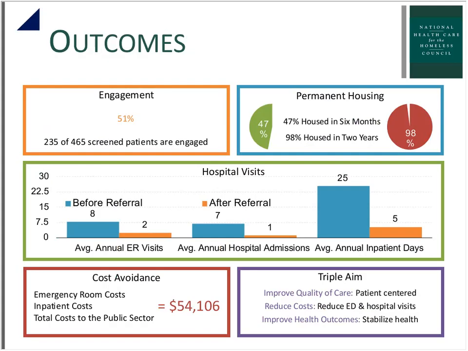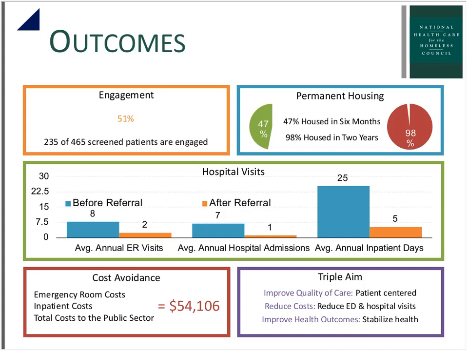So the goals of the Tencessl Project were to improve housing stability and health, as well as to reduce the use of emergency services using this targeted intensive case management approach, and of course connecting the individual to appropriate health care and housing. So if we're looking at the outcomes of this program, I think we can say they were pretty successful to date. 51% of all screened participants were engaged in either the Tencessl Project or another project if it's more appropriate. The other 49% may have declined services.